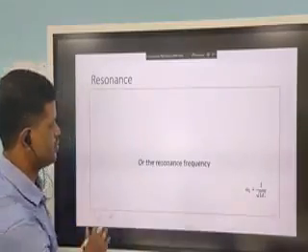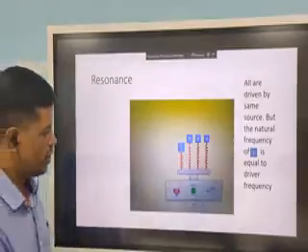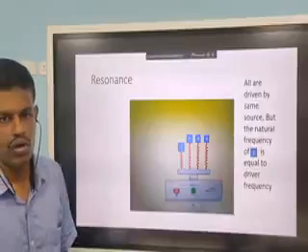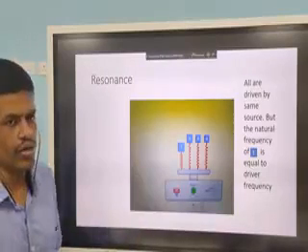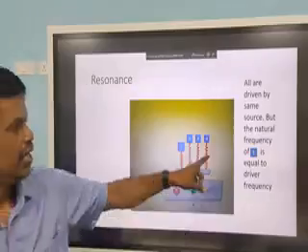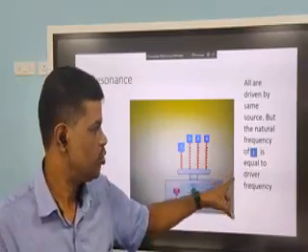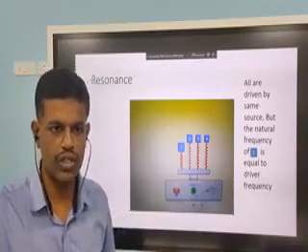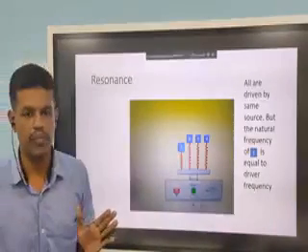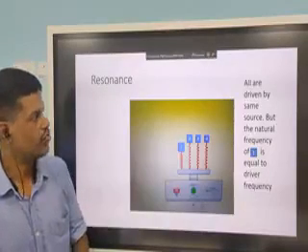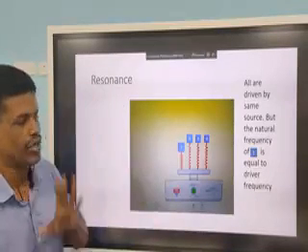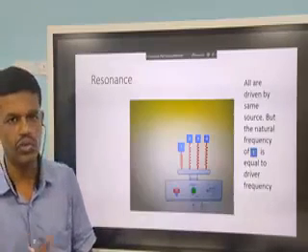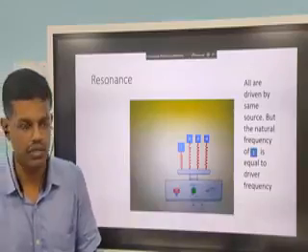Why does this happen? Why is spring 1 capable of oscillating with more amplitude? This is because the natural frequency of spring 1 is equal to the driver frequency. It is because the frequency of the system and the frequency of the external agent match. This condition of frequency matching is called resonance. So let us explore the possibility of resonance in our circuit, that is our AC LCR circuit.